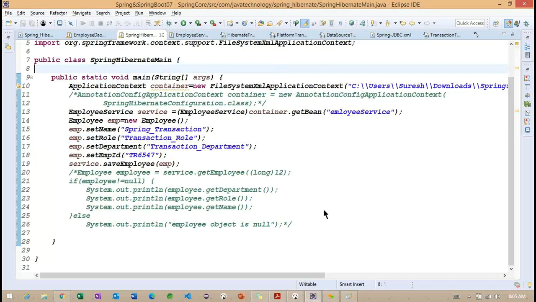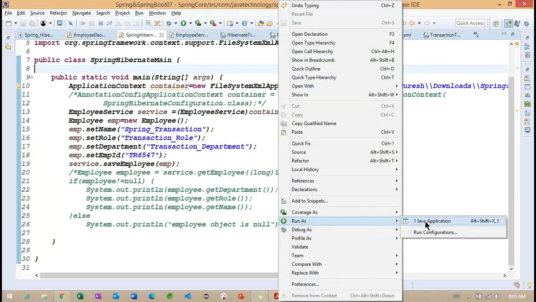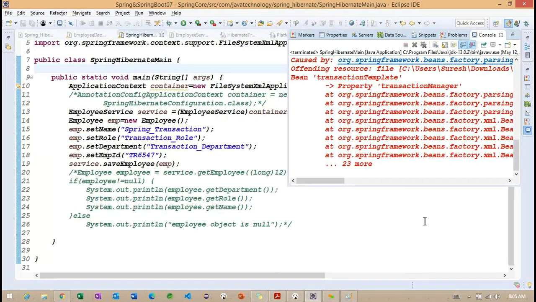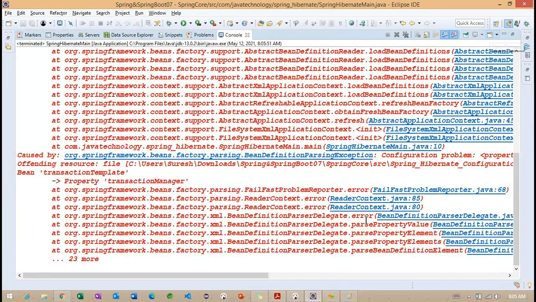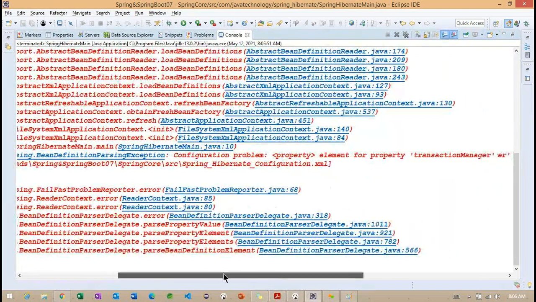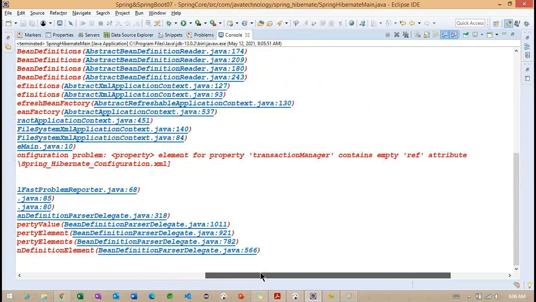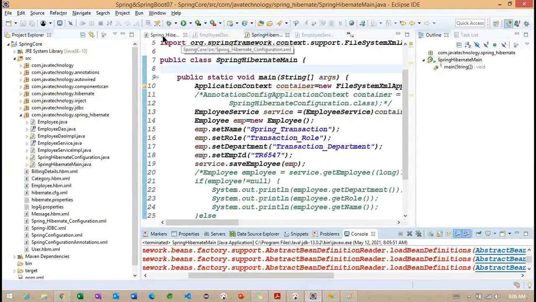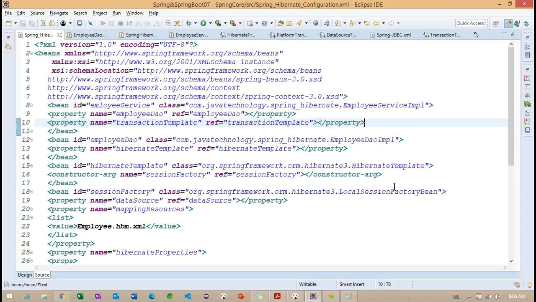Let me go for this particular class and run the same example. What happened here? Transaction template contains empty references. Okay. Something we missed here.